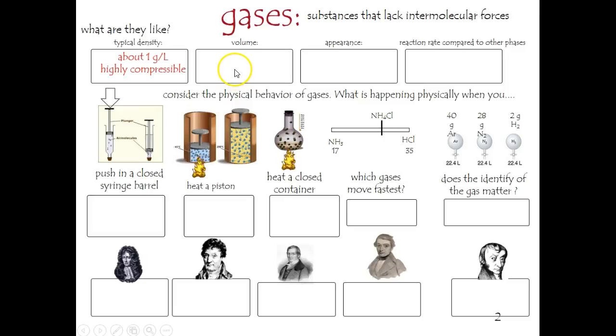In terms of their volume, they'll fill up a container regardless of the amount, meaning that those molecules are like three-dimensional billiard balls that can bounce around freely, regardless of how many there are. Frustratingly, gases are often invisible. There's no reflection plane because it fills up the entire container, so oftentimes it appears that there's nothing there at all.